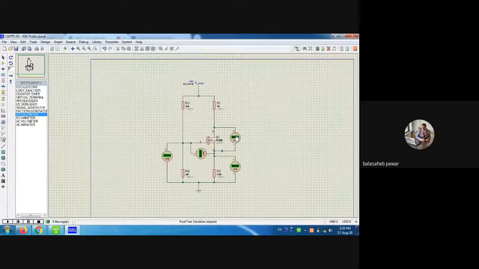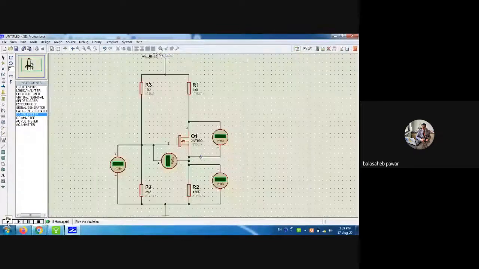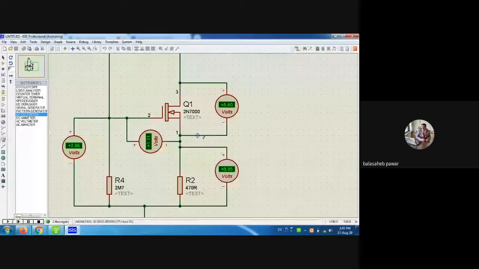You can connect all that, or you can keep all those meters as they are, and check the readings. So for that observation table, whatever I gave on the blackboard, you have to just write all these values. VG is nothing but what? Voltage measured at the gate with respect to ground. VG only. That's why at the gate with respect to ground, it is 2.06. This is our practical value. That is the observation. Again, practically VGS is 1.11. Practically VDS is 5.40. And practically VS only, that is voltage at source with respect to ground, is 0.95 volts. Right?